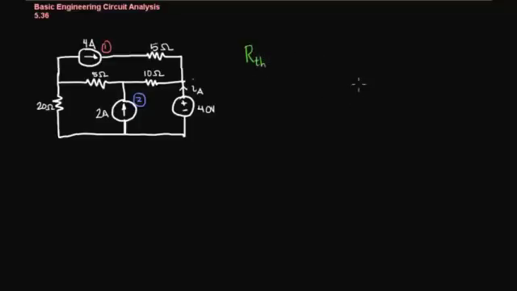To solve for the Thevenin resistance, we treat all sources as if they were open. Now, there's one exception to that in this case. This voltage source is actually what we're considering to be the load. And so we always treat the load on the circuit as if it were open. Okay? So where we would normally think of a voltage source as being shorted, here it's going to be open. Okay, so